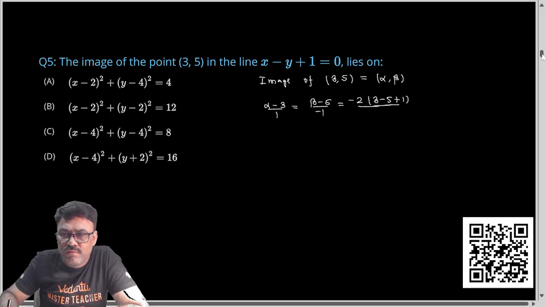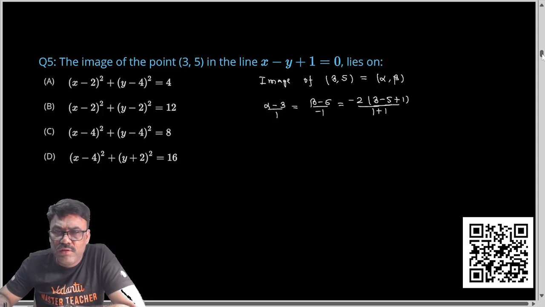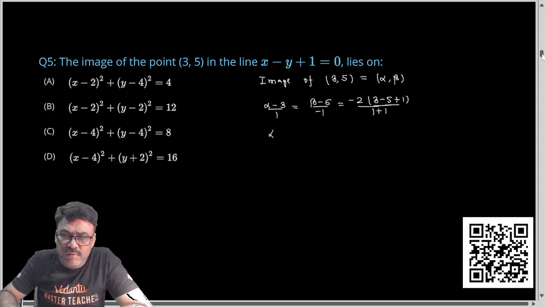plus b square, 1 plus 1. I'm just using the image formula, how to find the image of (3, 5) with respect to this line. So let's say the image is (alpha, beta). So alpha minus 3 by 1, beta minus 5 by minus 1, and then minus 2 times, put the point (3, 5) here in the line, divide by a square plus b square. So it is alpha minus 3,